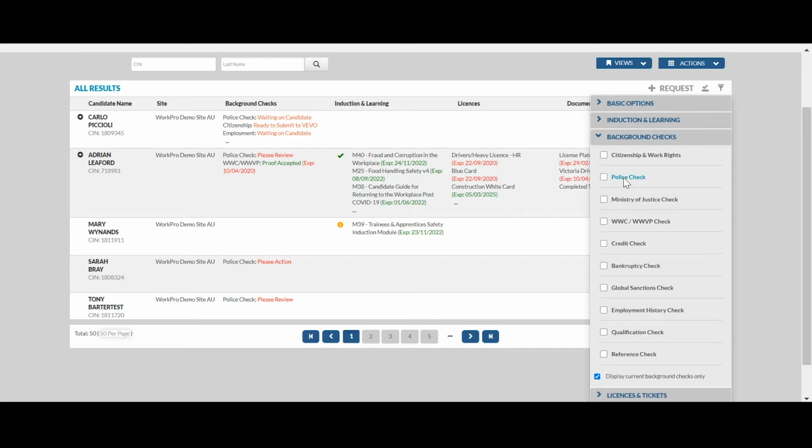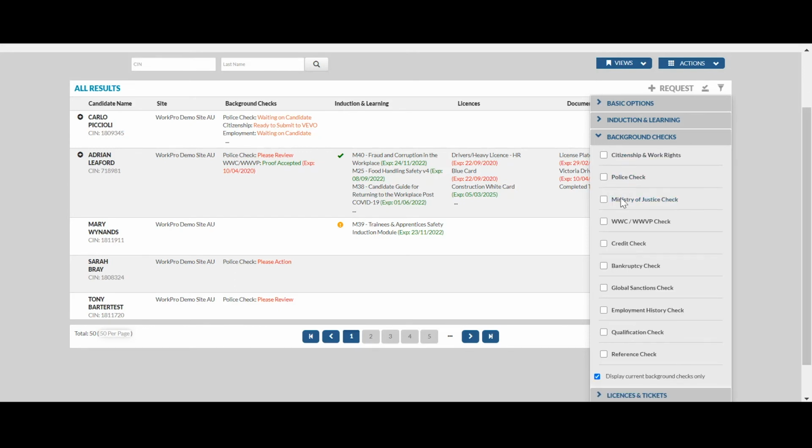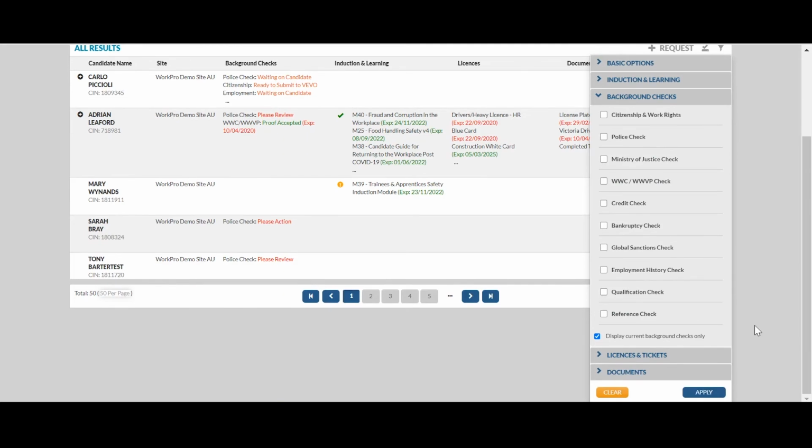Coming down to police check. You might have some regular schedules where you need to redo police checks, as an example. And so you would be looking for those checks that have been finalised, and it really doesn't matter about their outcomes. But at this stage, you're just looking for those that you needed to do a police check for in the next 30 days. So you can use the filtering function to do that. And so the list goes on. So go and explore all of these options for filtering for your background checks